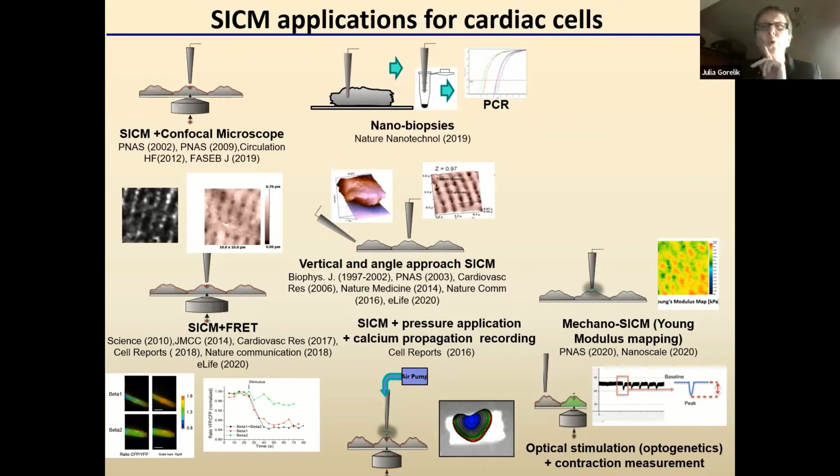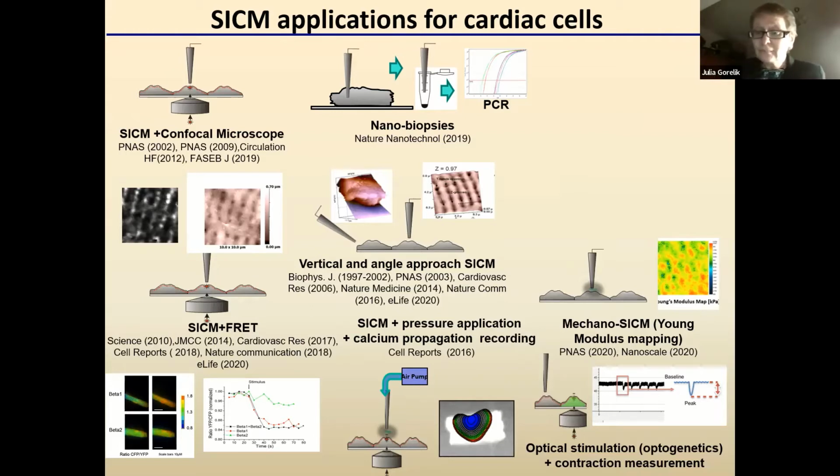Also, we started to use the nanotweezers technique, where we can scan and use the pipette and take the probe and try to see not only one cell, just RNA-seq, but also try to take genetic material from our compartment, and this is very cool, and we will show very soon our results and our new